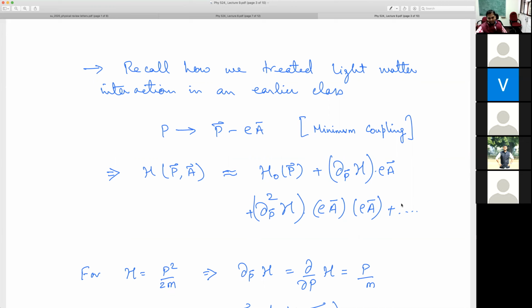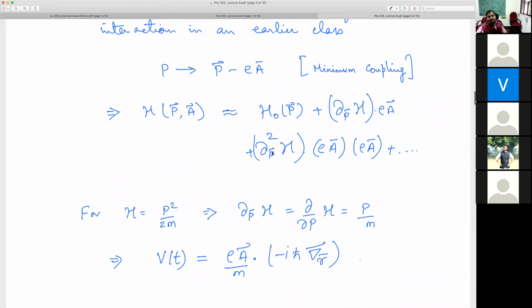But this is just to give you a qualitative idea. Because dot p2, for example, will have a lot of terms which I have not explicitly written here. Otherwise, the meaning is also not clear. What is dot 2p? And what is this vector into a vector? I have not defined explicitly whether I am taking scalar product or vector product. So one has to be a bit careful about this equation, but you get the idea that in powers of ax, ay, and az, I'll have first order term, second order term, third order term, and so on.